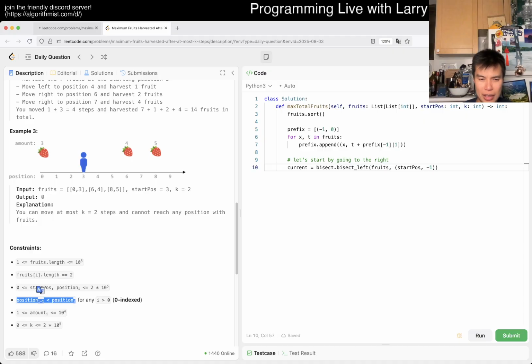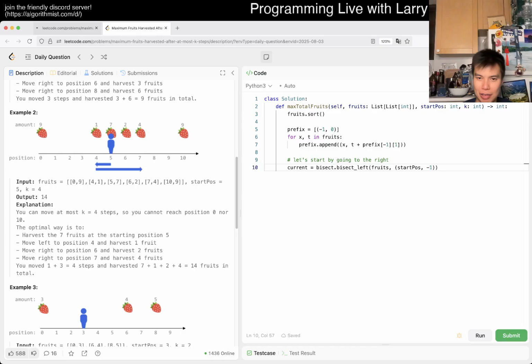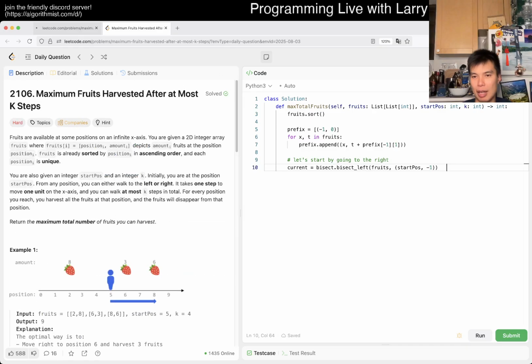Actually, they're already sorted even. Okay, so I didn't even need to sort it, but I'm just going to keep it in there. Okay, so we bisect search, and then now we can do for i, or maybe for right in range from